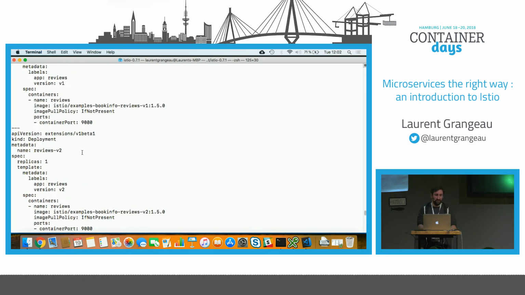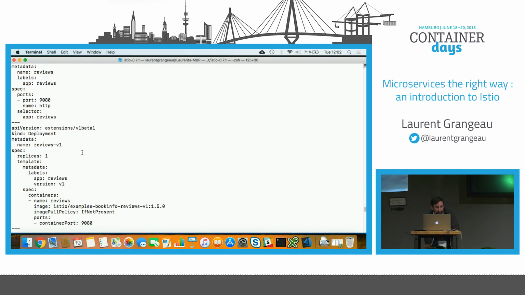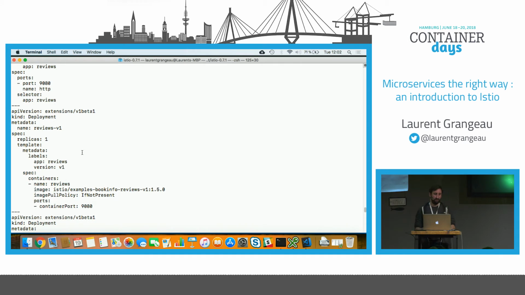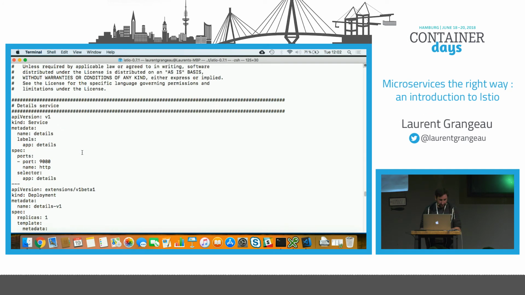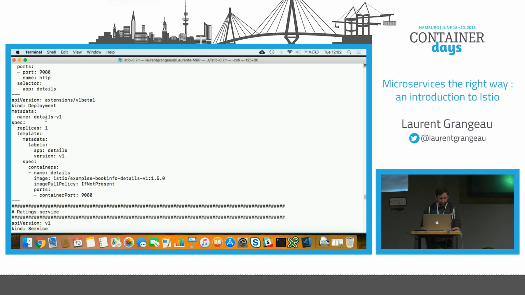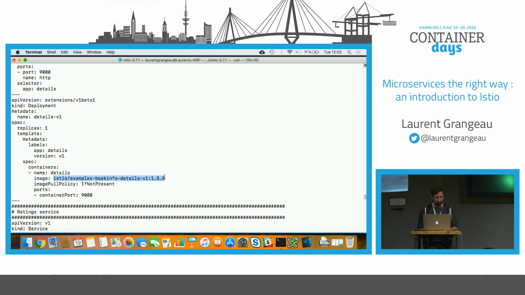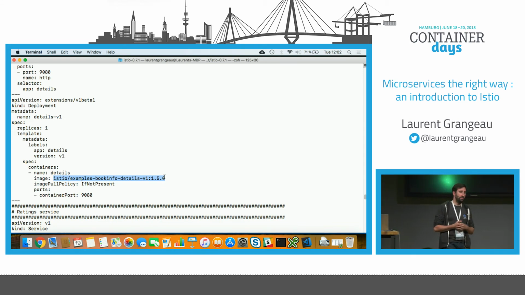Oh, okay, so this is a YAML file of the whole system. And you see that, for example, if I go back to the details v1, the container deployed is in this one with the name. And there is no specific configuration in the YAML.